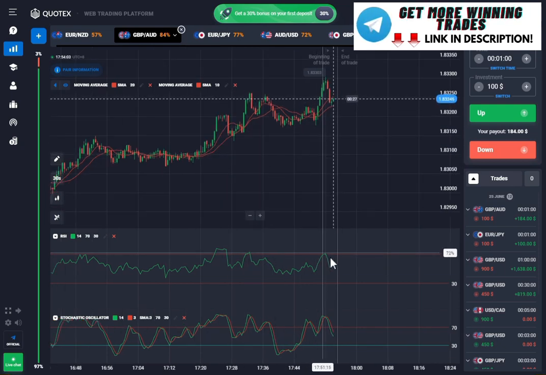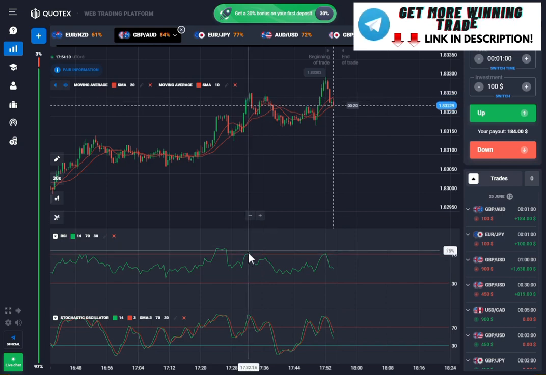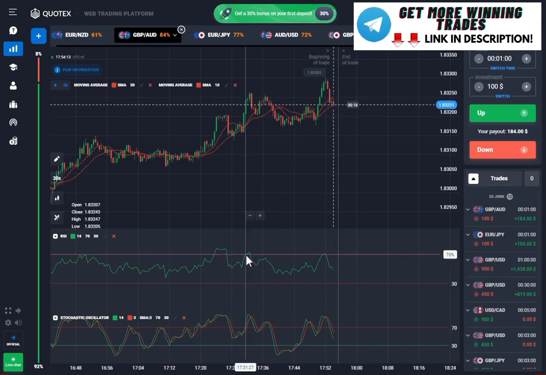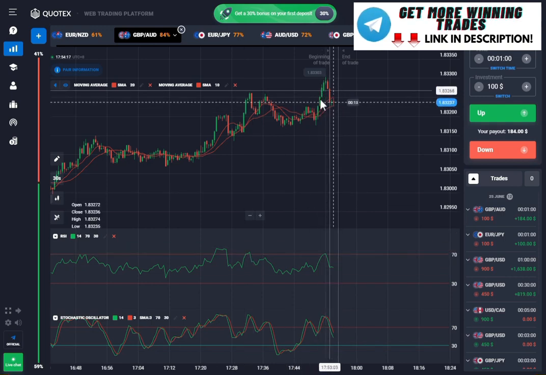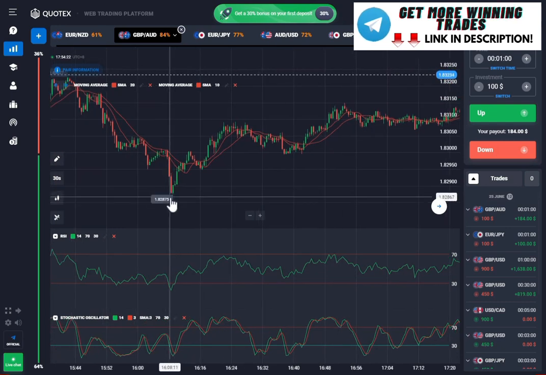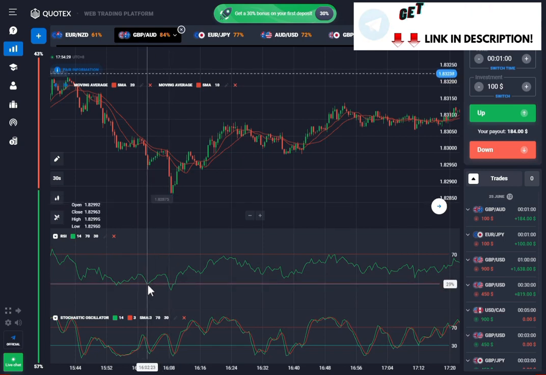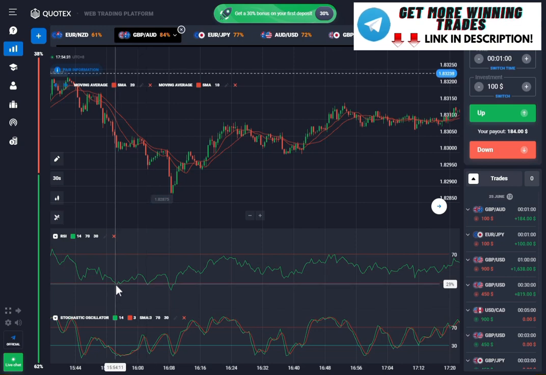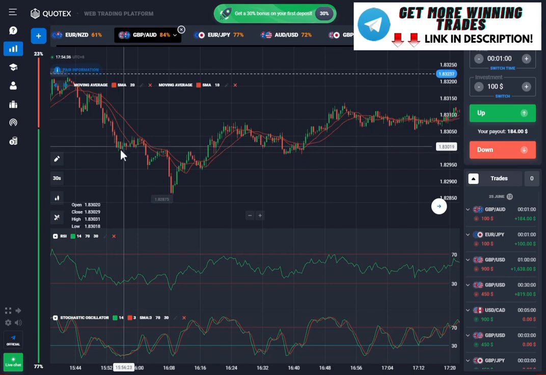So basically I would say I was kind of lucky in this situation, because in the previous 2 backtests, if I were to enter a put trade in this candle, I would have lost the trade. And this is the only winning one. In fact, the past 3 setups using this would have been a loss. This one would have been a win. It touches the RSI and goes back up. This one touches the RSI, but it goes down for 1 candle before,